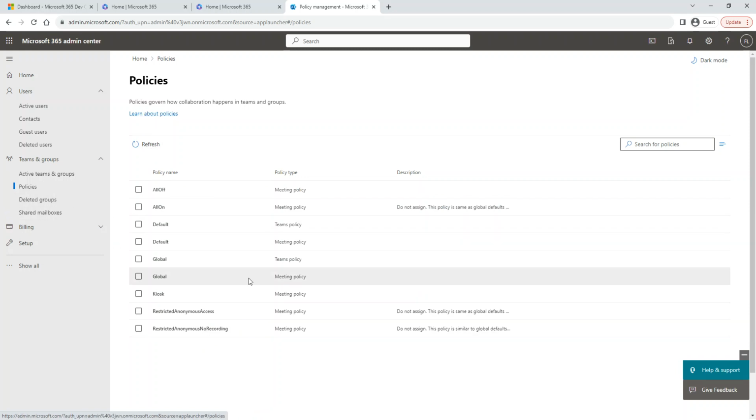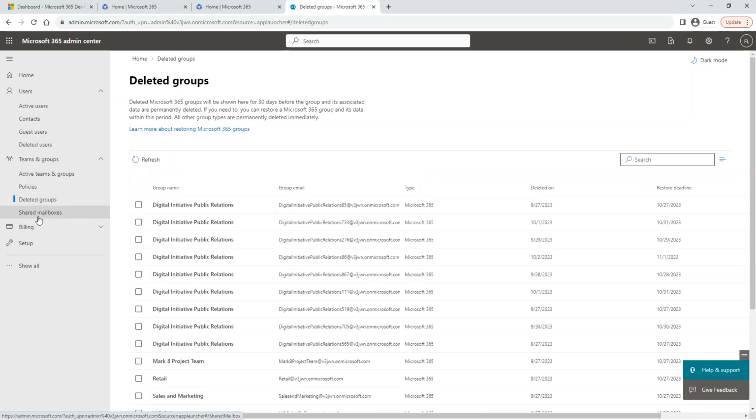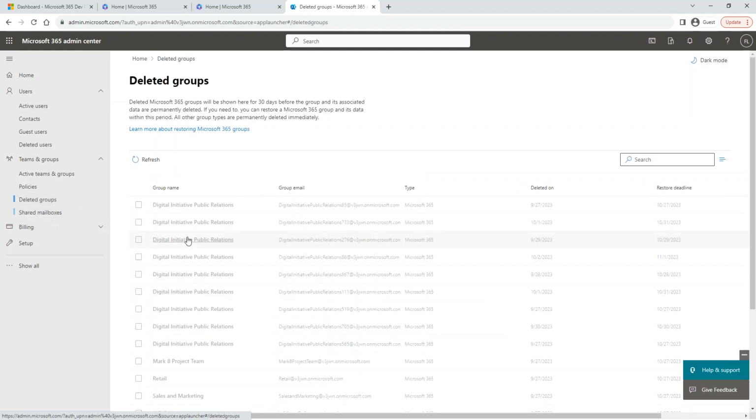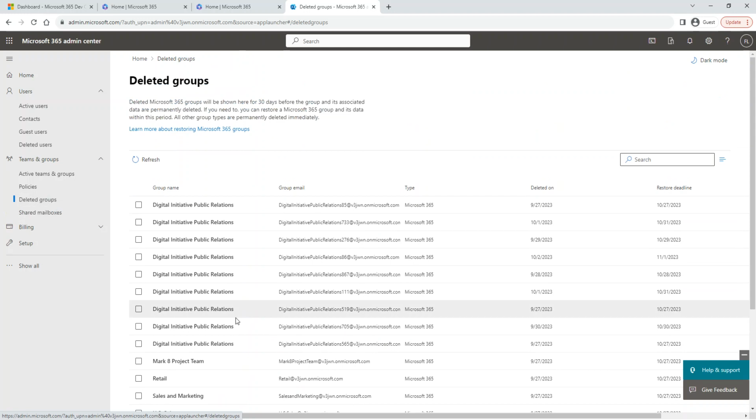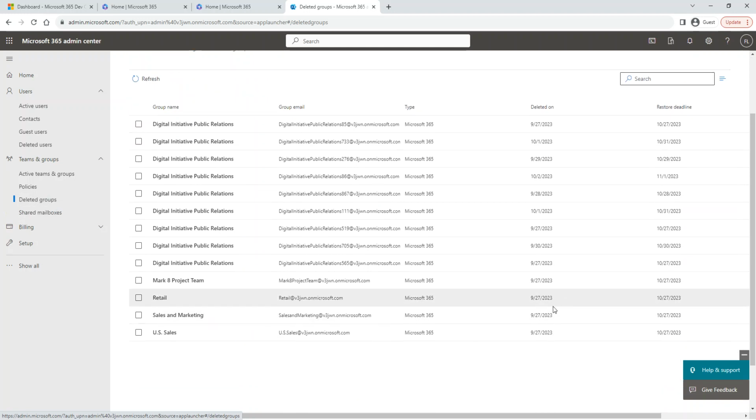Some of the policies are there. I'm just showing you what it is. If a group is deleted, it will go through this. There is something called, oh, there are already deleted groups. How does that happen? When is it deleted? I just created this today. You're not kidding me.